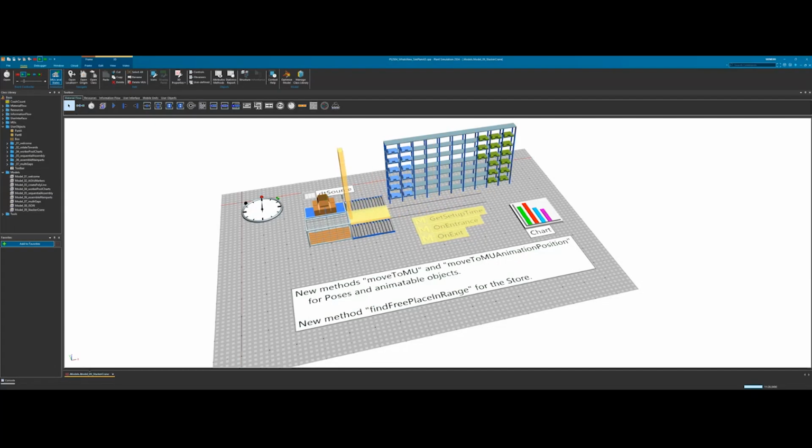Jeremy asks, I'm quite new to PlanSim. Are all versions 100% backward compatible? I'm not sure in which direction this question is asked. If you have a model that was created in a previous version, you can always open it in the newer versions and work on it there. Of course, it may behave differently if there are new features or things have been changed or fixed.